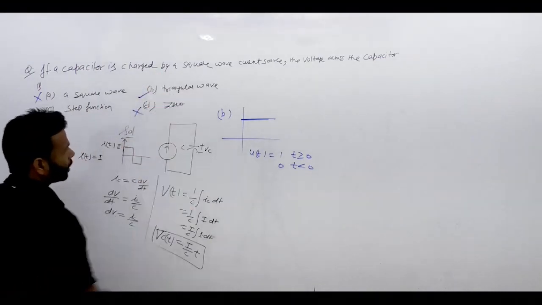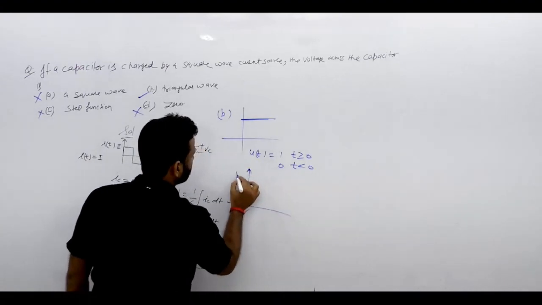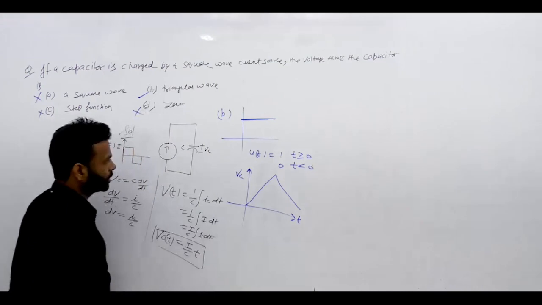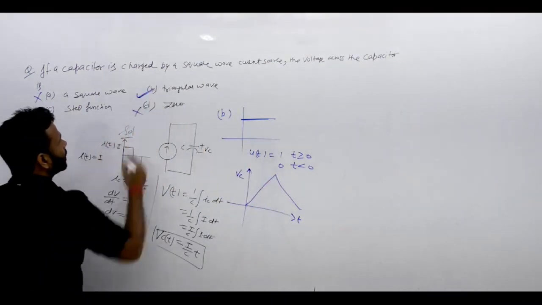So the option remaining is what? That. So if you draw this waveform Vc versus t, then it is like that. Just charge, discharge, charge or discharge. So your B option is correct. Take the next question